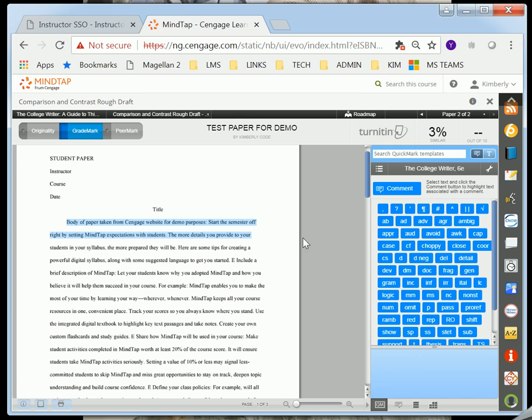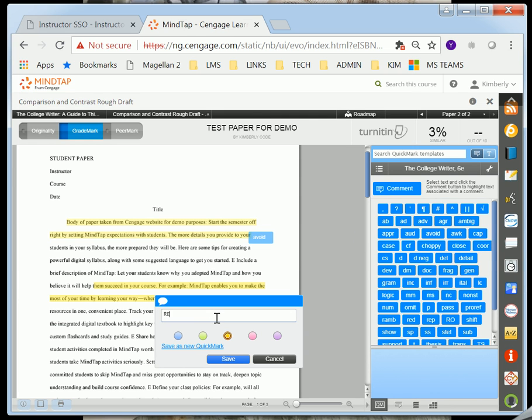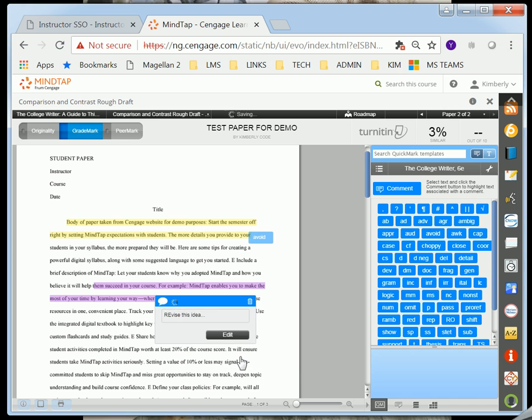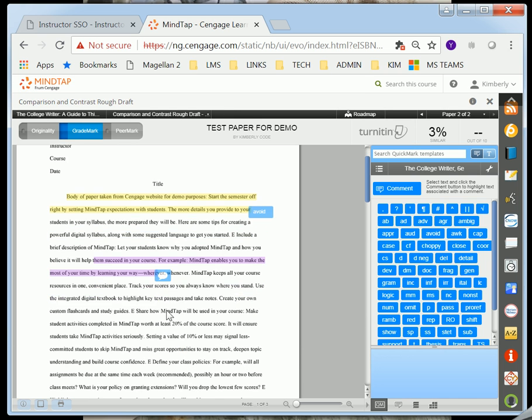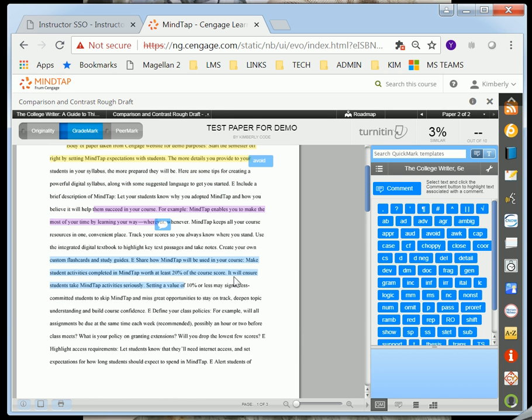So you can highlight, choose any sort of pre-made feedback that you want to put in. You can also highlight and put in your own comment, whatever you might like to say. You can change the colors. And so after you go through and complete all of your